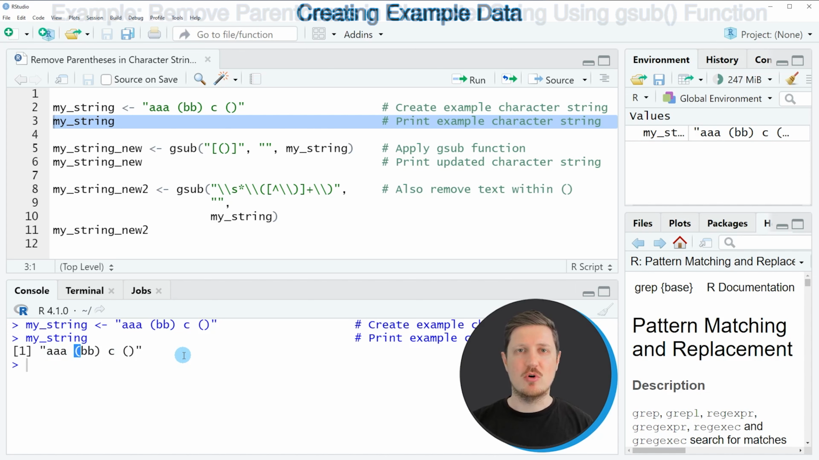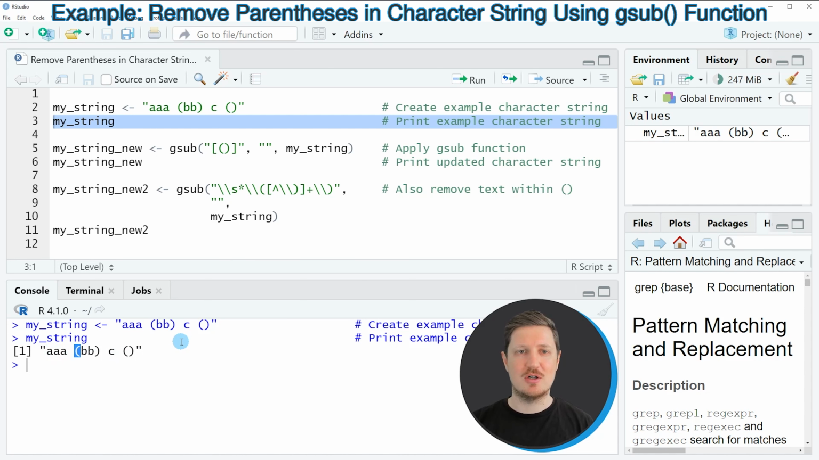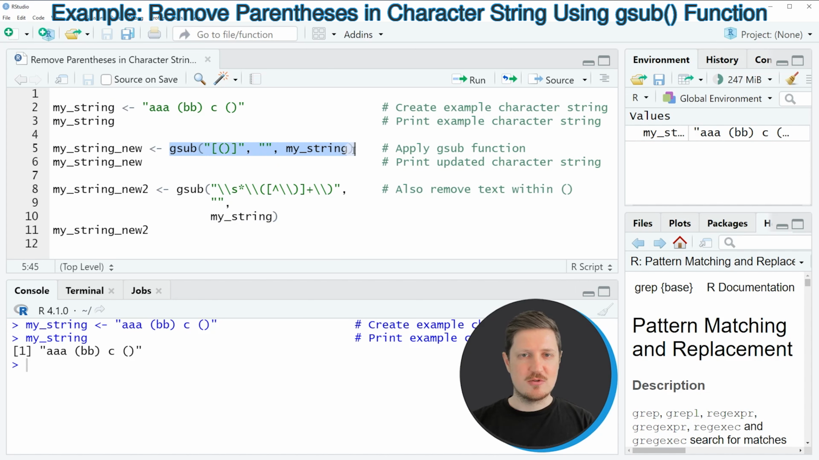Now, if we want to remove all the parentheses from our data object, then we can apply the gsub function, as you can see in line 5 of the code. And within the gsub function, we need to specify square brackets around parentheses. And then we need to specify that we want to remove these parentheses entirely. And then we also need to specify the name of our string object. So in this case, our string is called myString. And then we are also storing the output of the gsub function in a new data object that I'm calling